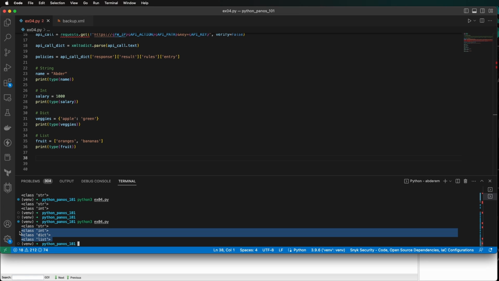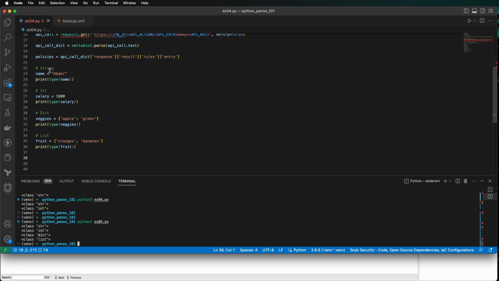So now we have the type for everything. Look at this. This is perfect. So we had the string, which is correct. Integer, yes. Dictionary, yes. List, yes. Does it have to have a value? No, I could create an empty list. I could create an empty dictionary. So if I run this again,